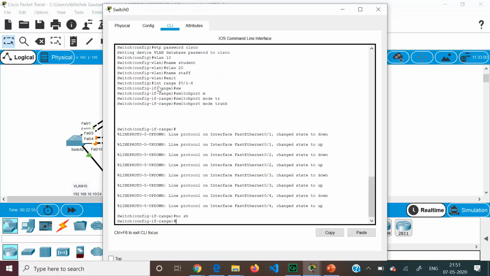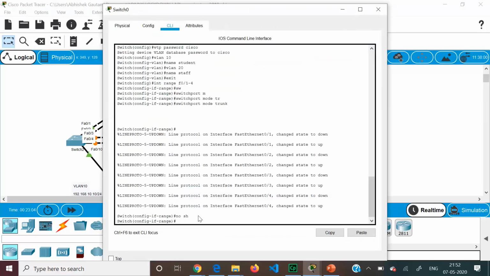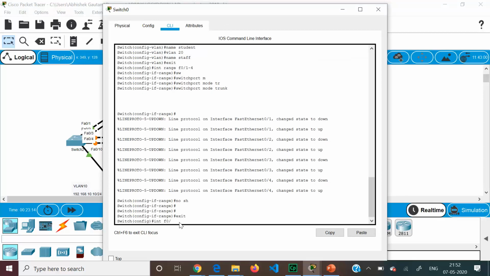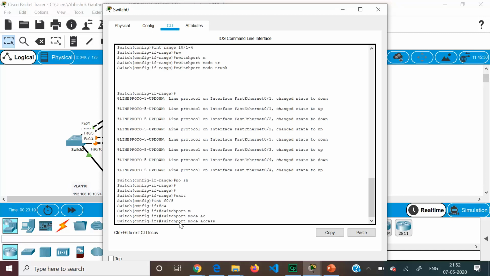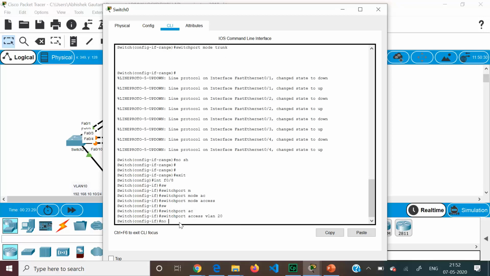Next on switch 0, we have a PC connected on F0/8 and it belongs to VLAN 20. So we'll exit, int F0/8, switchport mode access, switchport access vlan 20, and no shutdown.